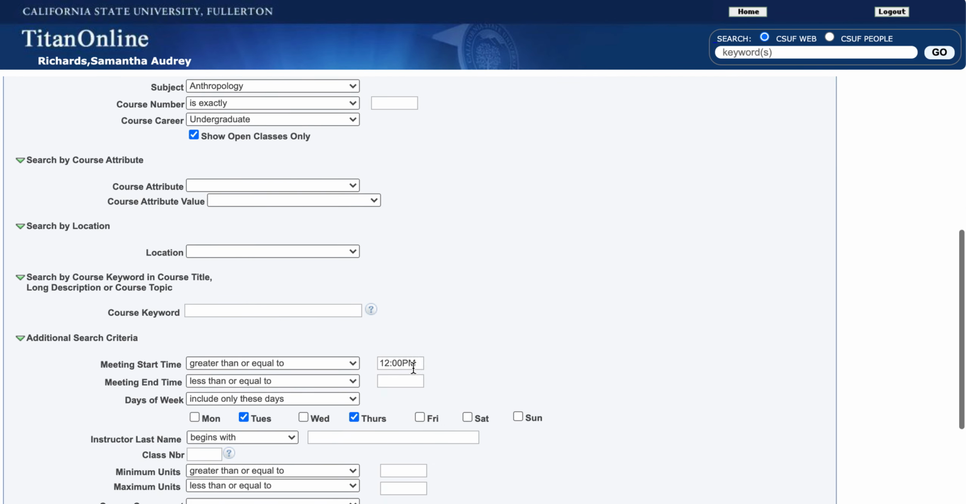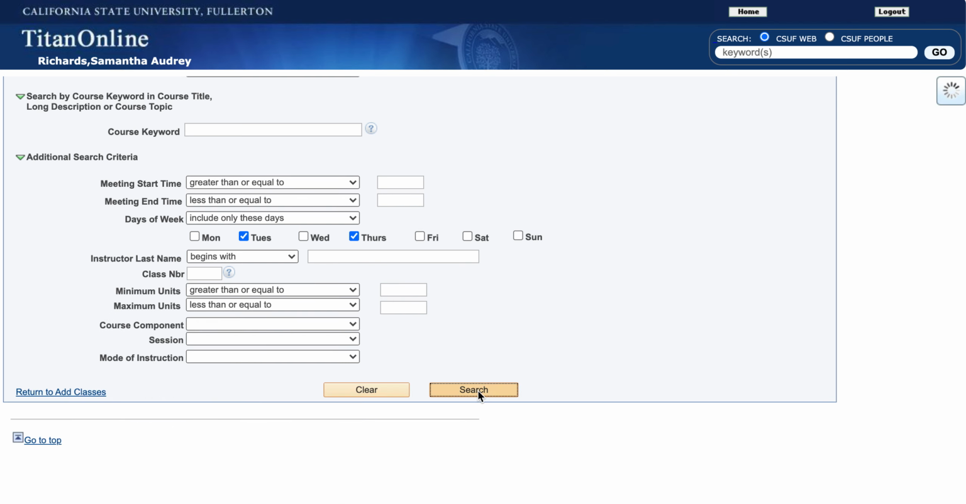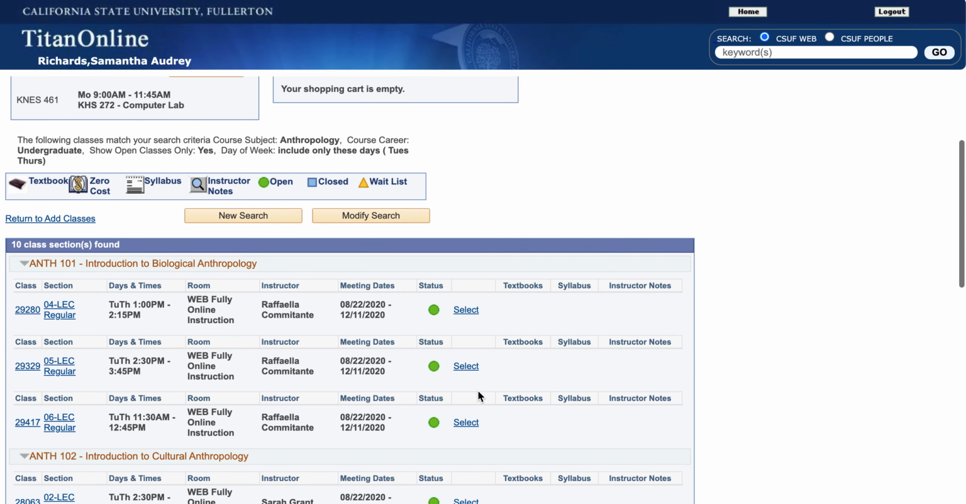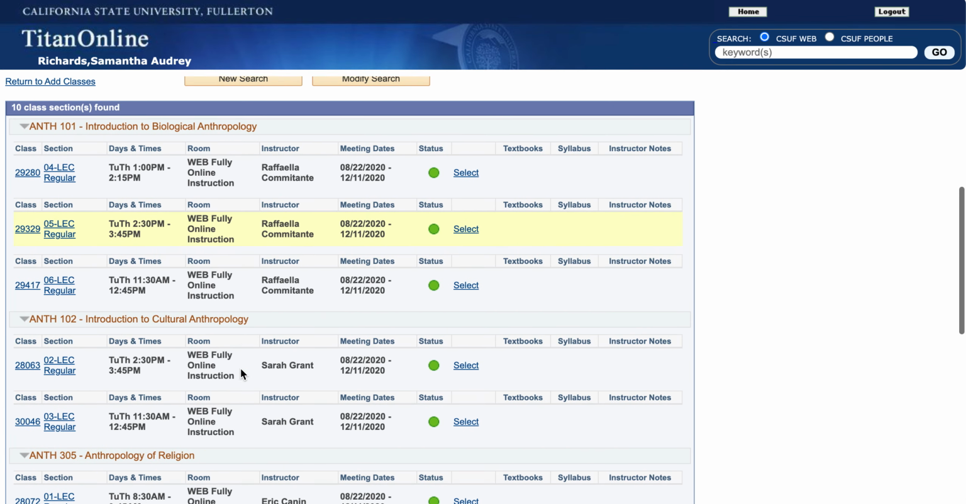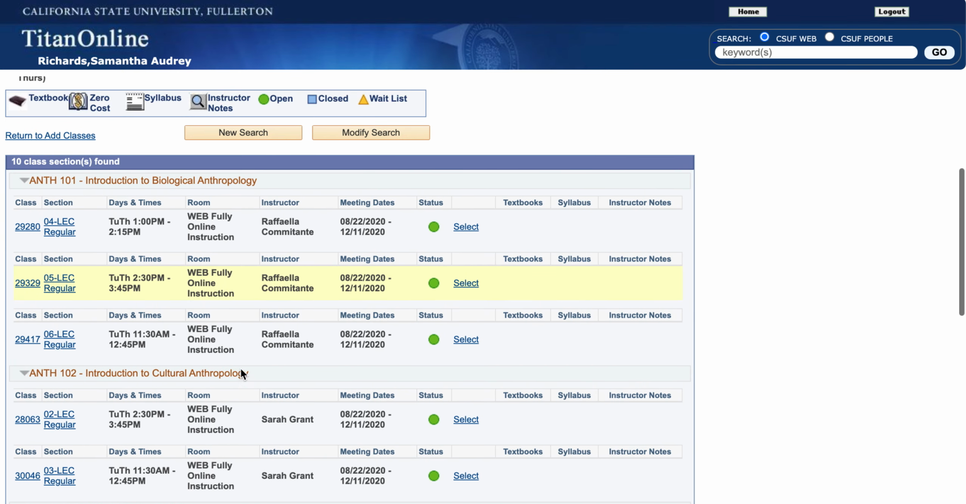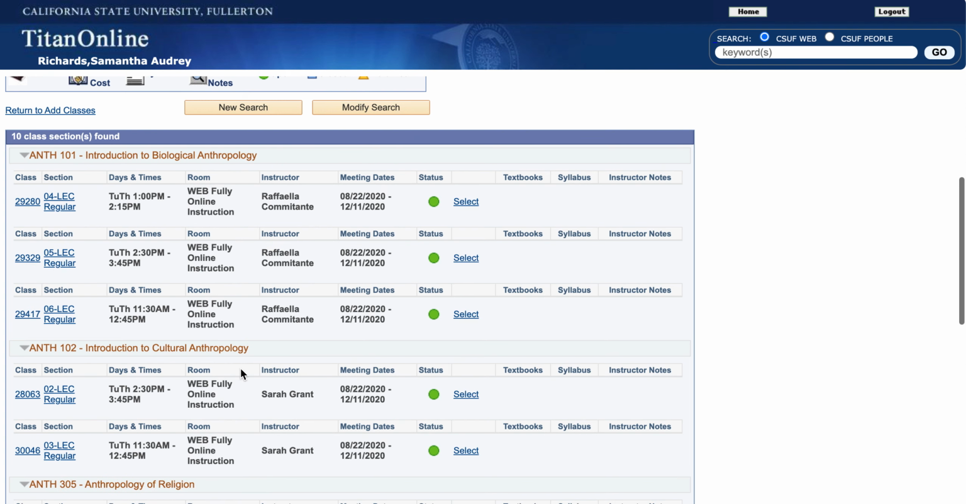Let's say I am not a morning person, but I can go ahead and get up a little earlier for the sake of class, and I can research with the same criteria other than the time. Now we see 10 class selections have been found, and I have a much wider variety of classes that I can see. Once you are on this screen, you will be able to see all of the class options that